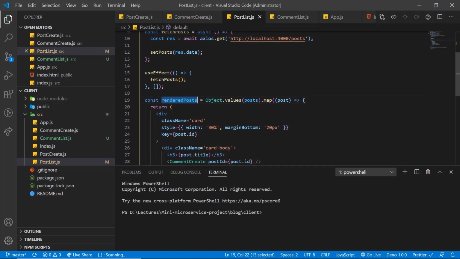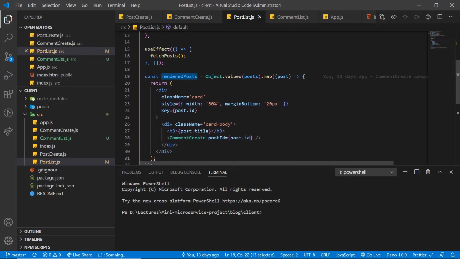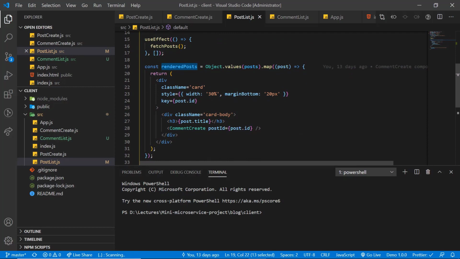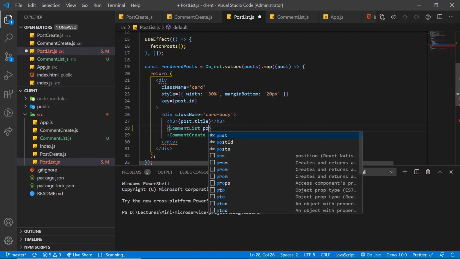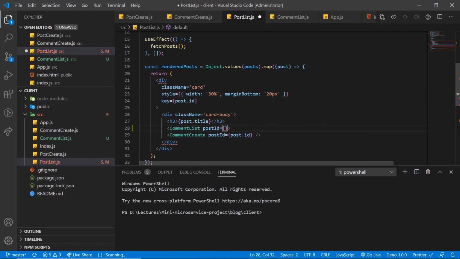Scroll down to the render post function, and inside this map function we are going to write down our newly created component just before the comment create component. And remember that here also we need to pass the post ID to fetch all the associated comments. Save the changes. Now we are done with the coding part.